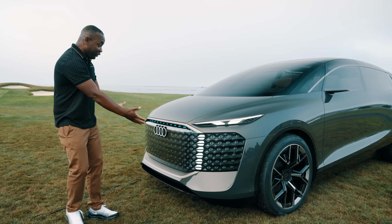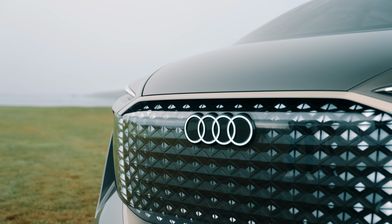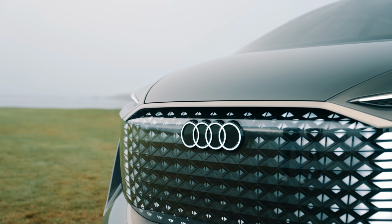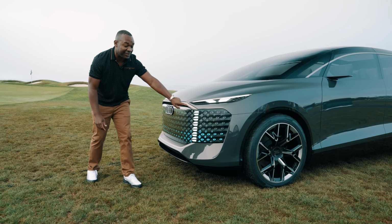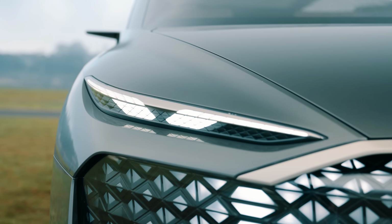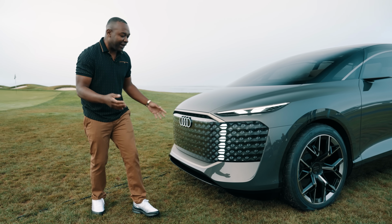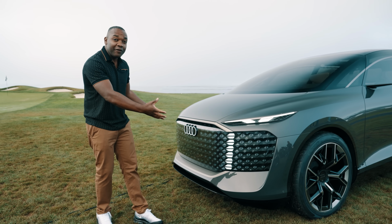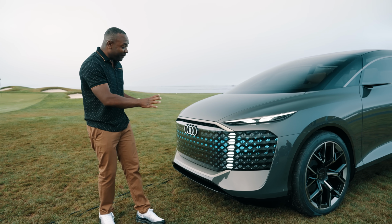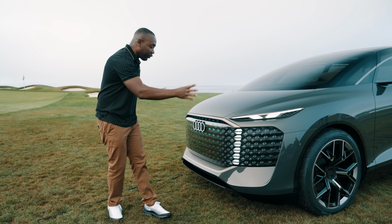The big highlight, as you can see right now, is this enormous front grille, which is full of LEDs, which can show various animations. These vertical elements actually function as the DRLs. You've got thin LED lights just here. And the big screen can show things like X's to show the car's broken down. It can indicate, it can show Pong for some reason. There's a lot going on there. It just shows that the car can actually communicate as opposed to just relying on the grille for cooling the